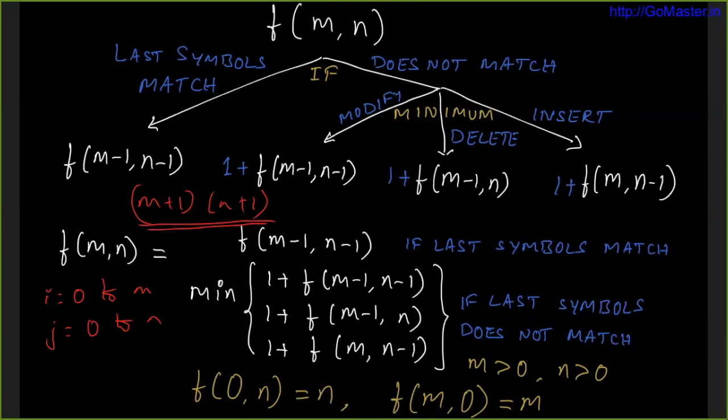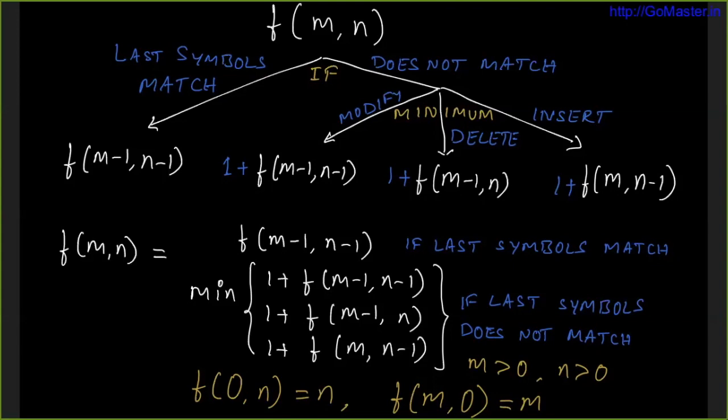If you consider m equal to 0 and n equal to 0 as base cases, there are only about m into n non-base cases. What this means is that in the backtracking method, or naive implementation, we are actually solving some problems multiple times. That means there is overlapping of problems, right? So how do we avoid that? A simple technique is not to solve a problem multiple times. That means you need to remember a problem that has been solved. A problem is an instance of function f. We need to remember that so that we don't have to solve it multiple times.